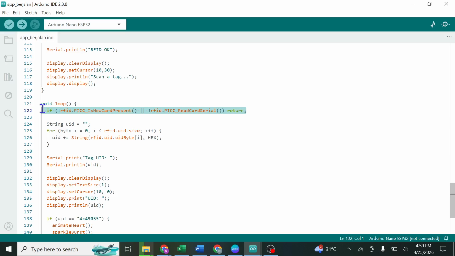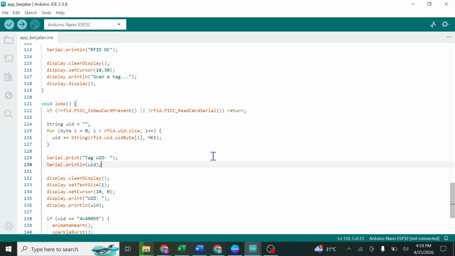And then String UID: this reads the 4-byte UID from the RFID card and stores it as text. Serial.print UID displays the UID in the serial monitor, and display.print UID shows the UID on the OLED screen.